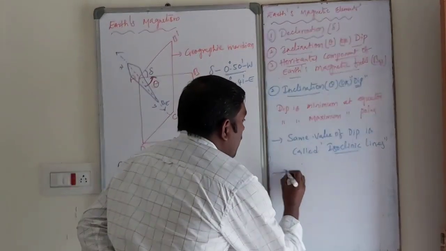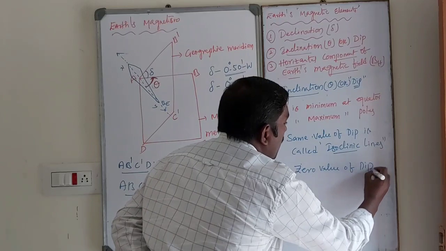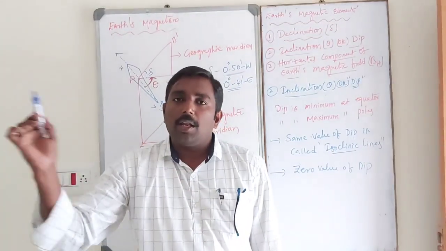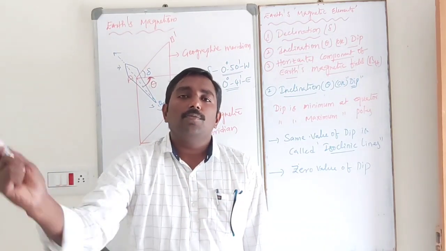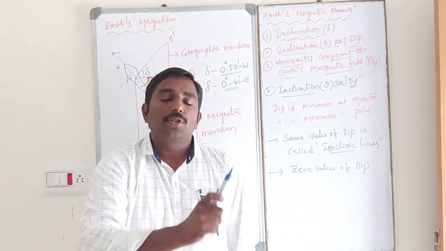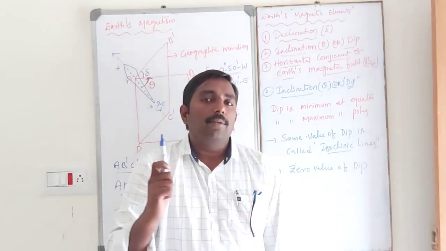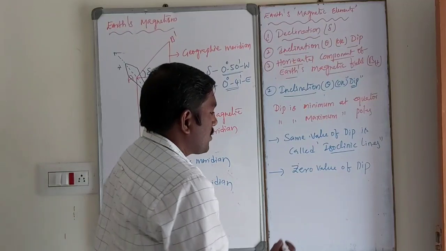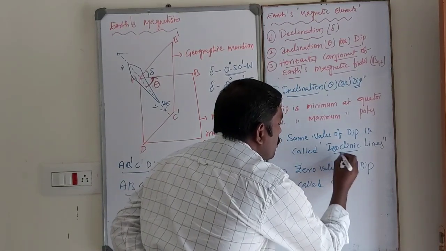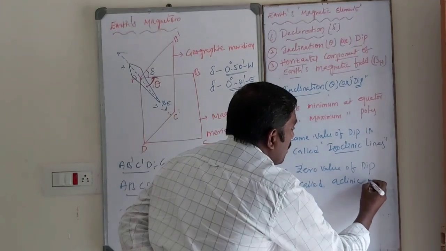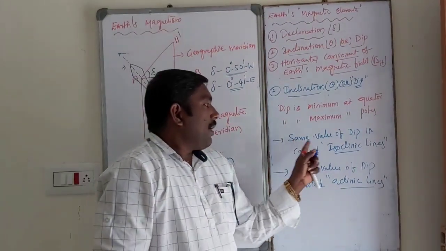Isoclinic lines అంటారు. అట్లాగే జీరో వాల్యూ ఆఫ్ డిప్, జీరో ఎక్కడ ఉంటుంది? ఈక్వేటర్ దగ్గర ఉంటుంది. ఈక్వేటర్ మీద జీరో ఉంటుంది కాబట్టి వరల్డ్ మ్యాప్‌లో డ్రా చేసుకుంటూ పోతే ఈక్వేటర్‌లో వెళ్ళిపోతుంది. ఆ కంట్రీస్ మొత్తం కూడా సేమ్ జీరో వాల్యూ ఉంటుంది. జీరో వాల్యూ ఆఫ్ డిప్ ఏ కంట్రీస్ కూడా పోతుందో ఆ లైన్ మొత్తాన్ని aclinic lines అంటారు. సేమ్ వాల్యూ ఆఫ్ డిప్ ఈజ్ కాల్డ్